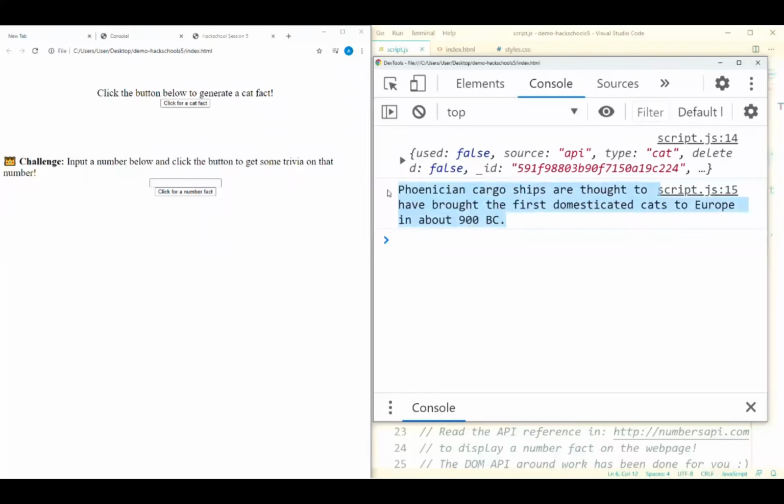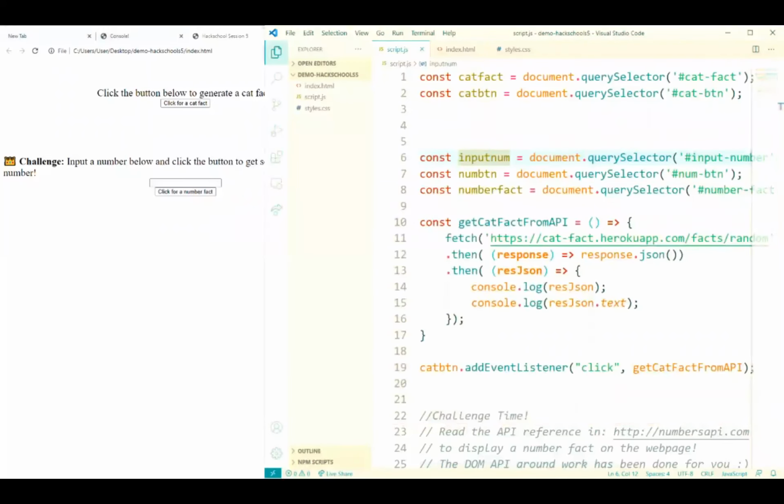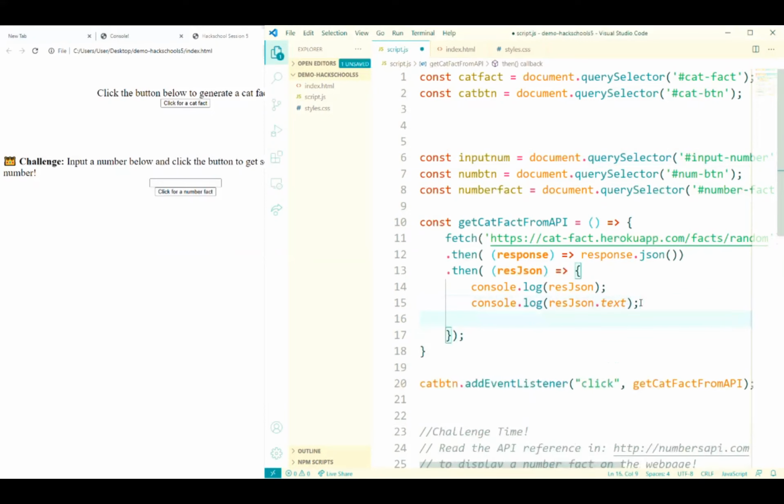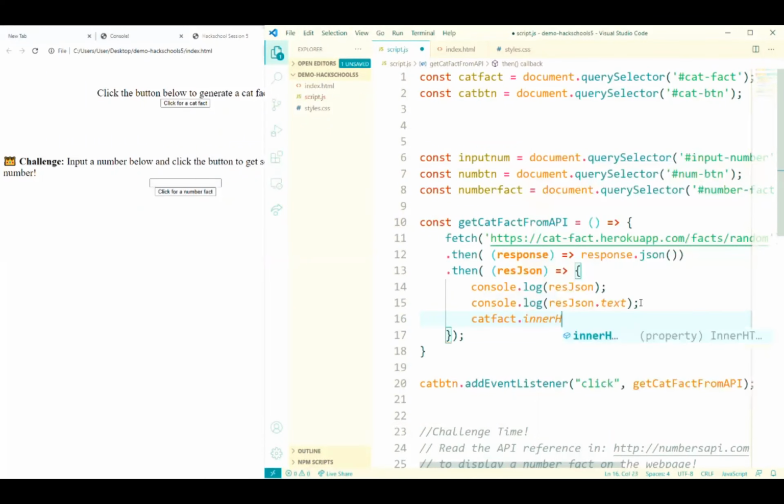We want this text to be able to display on our website. And if you forgot from our DOM API, we don't want to just console.log this. We want to be able to display it onto our website. So from our third workshop, we remember that cat fact has an attribute called inner HTML that we can use, and we can just set it to res.json.text, exactly what we did before.